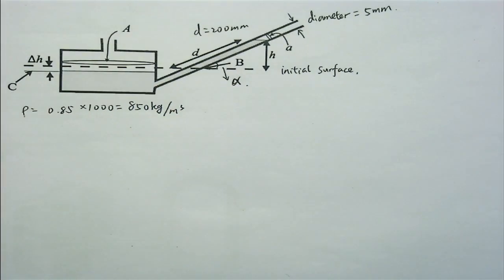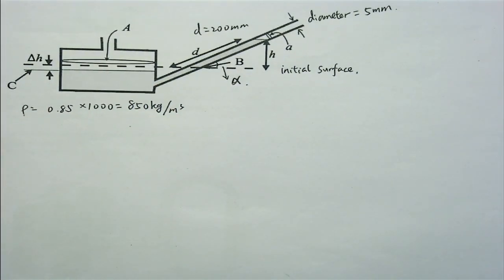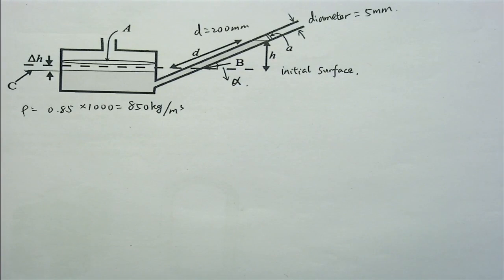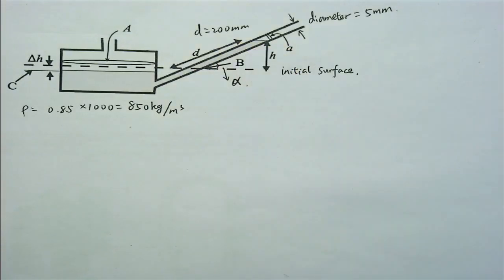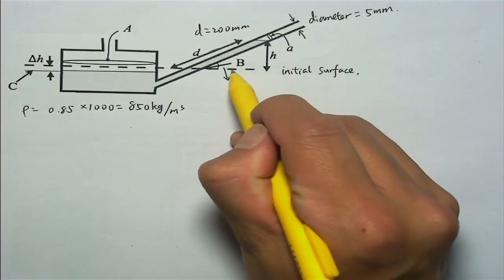Right. And then we know the diameter and also the length of D here, the change of the fluid in the pipe. So firstly, we know the dotted line